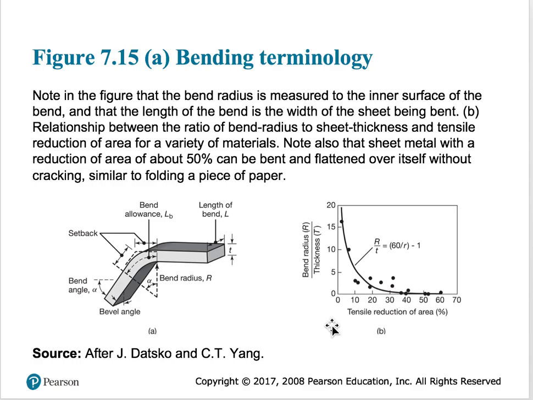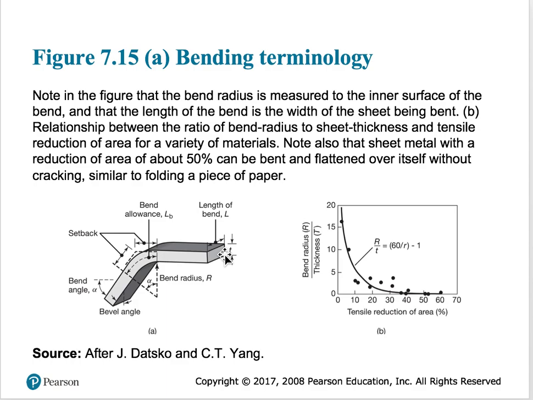One thing to note is that many of these sheet metals have to be bent into the shape that you want. So what do you have to be worried about? You have to be worried about the maximum thickness that you can take and bend into the bend radius. Suppose you have a large bend radius, it may not be possible to bend this thickness into the shape and form that you want. Suppose you have a 3-inch thick piece of metal. Can you bend it into, say, a 90-degree bend? You cannot do that. So everything has to be